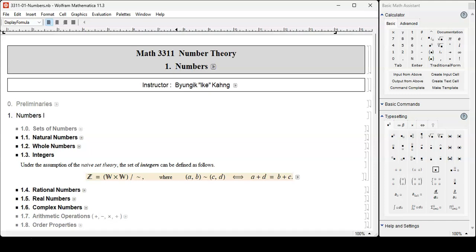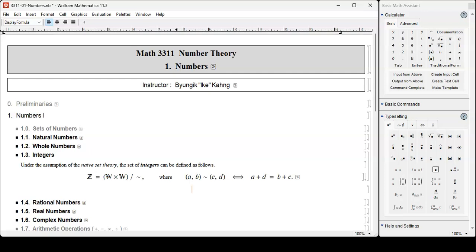You must have done it already in Introduction to Proof class as a matter of fact. And then we can consider equivalence classes. We have an equivalence relation, so we have an equivalence partition, and then the equivalence class: the set of all elements of the starting set, W cross W,